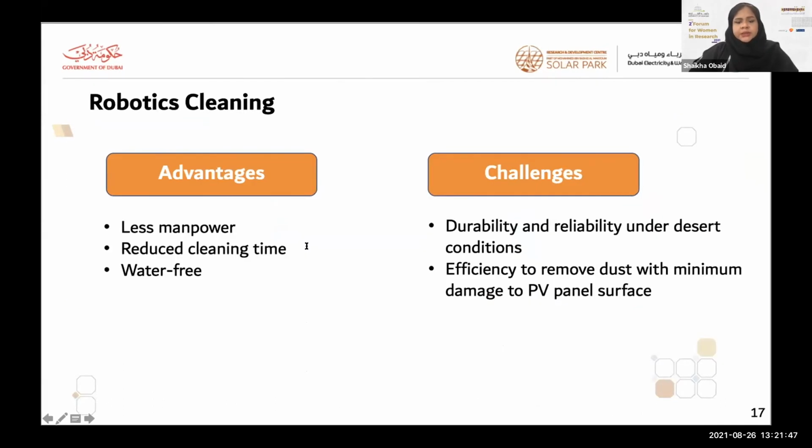So with that being said, less manpower is needed for robotics cleaning in general, and the cleaning procedure can be performed in significantly reduced time. This makes robotics cleaning an attractive cleaning approach in desert climate. In fact, there are multiple companies targeting the desert region market by working on developing a water-free robotics cleaning system. However, at the end of the day,